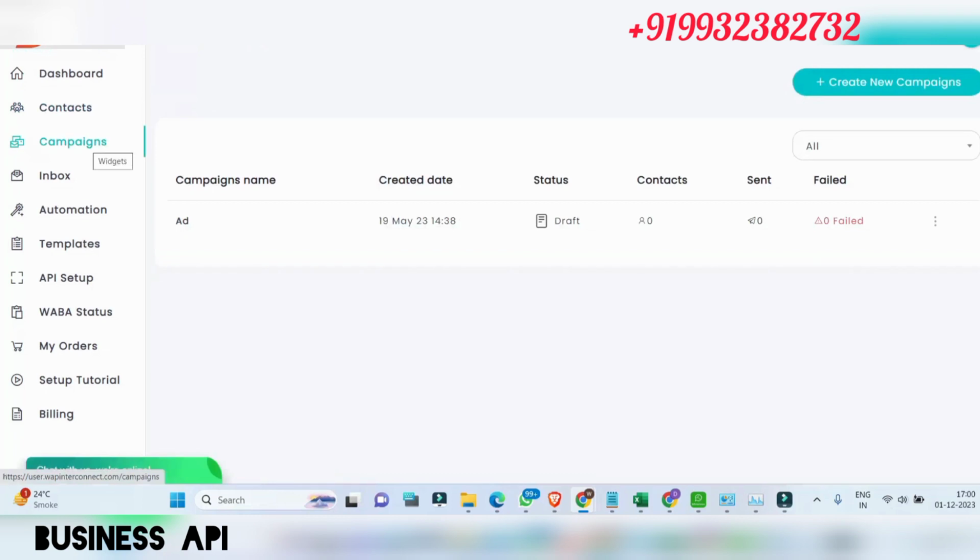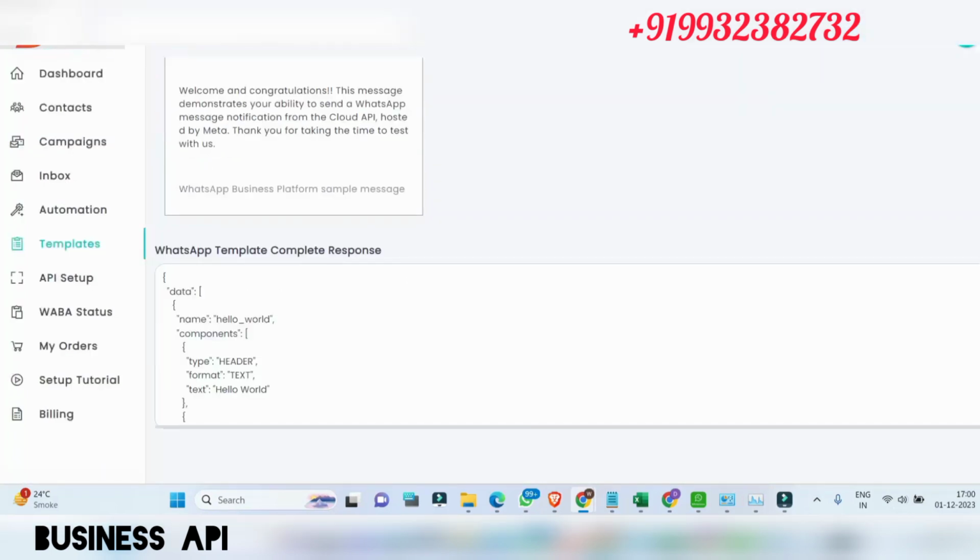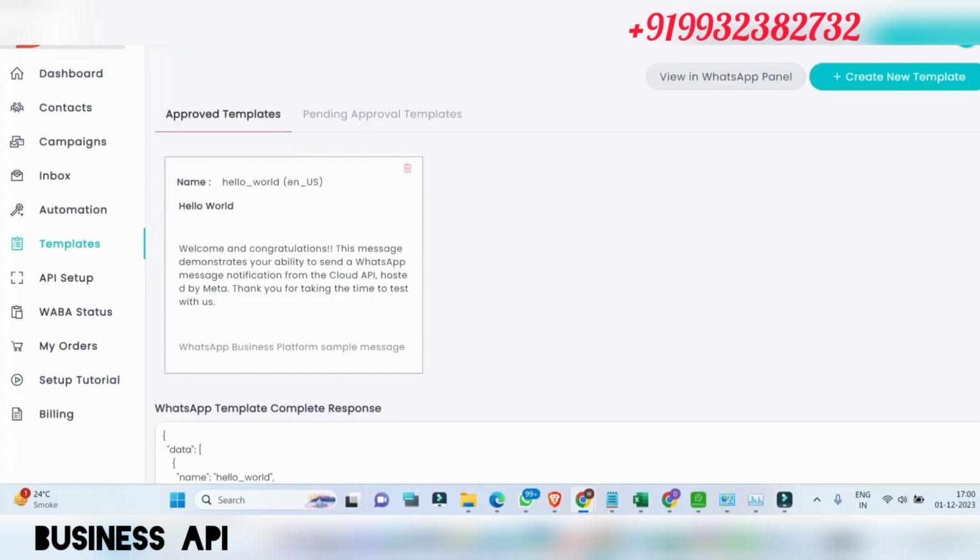Campaigns. How can we set up the campaigns? Before setting the campaign, we have to see these templates. We have to get these templates approved by WhatsApp.